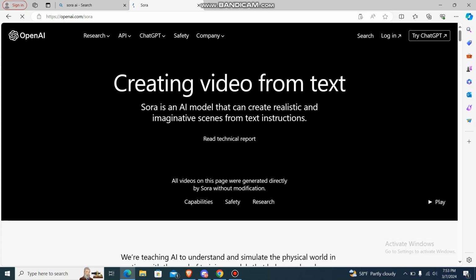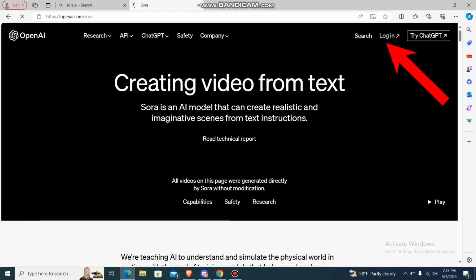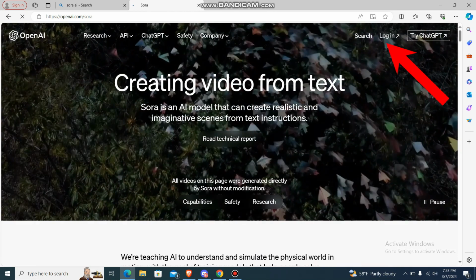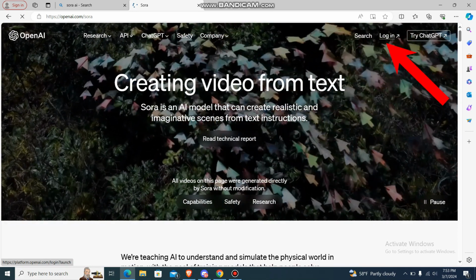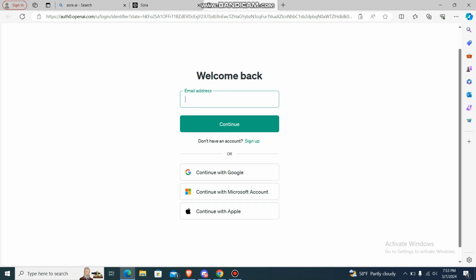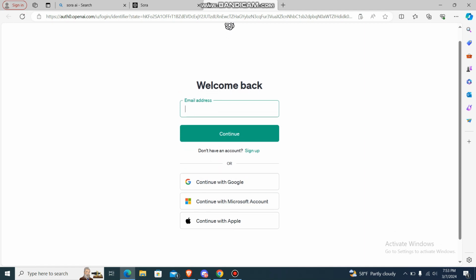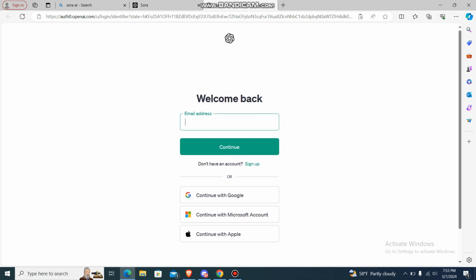Just press on it, and then you will be redirected to the particular platform or the website of SORA AI, like this. And then on the top you can see this login button. You can go over there and you will be in this platform, which is the login option. So you want to continue with your Google account, so over here it says continue with Google. You can just press over here,